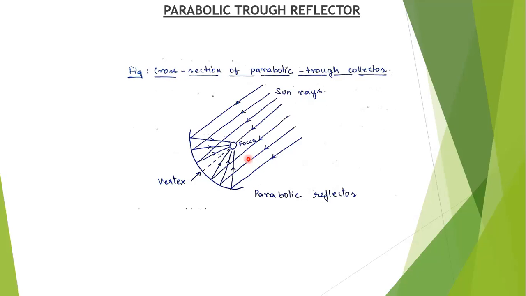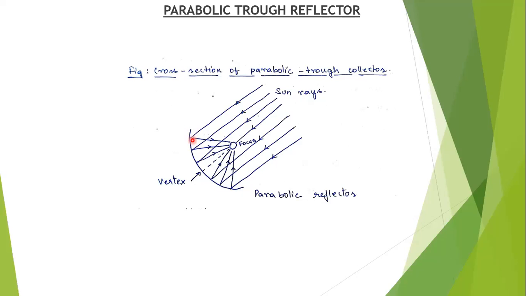So parabolic trough reflectors can be made of highly polished aluminum. These are a little bit lower cost. The parabolic trough reflector can also be made of silver glass or a thin film of aluminized plastic on a firm base. The reflector is constructed from a number of long plate strips. This is a reflector, and this is constructed from a number of long plate strips.